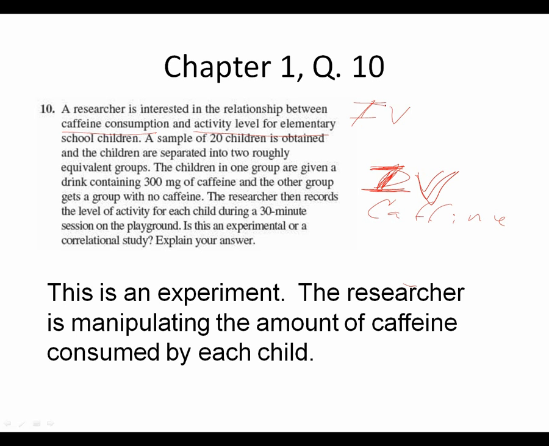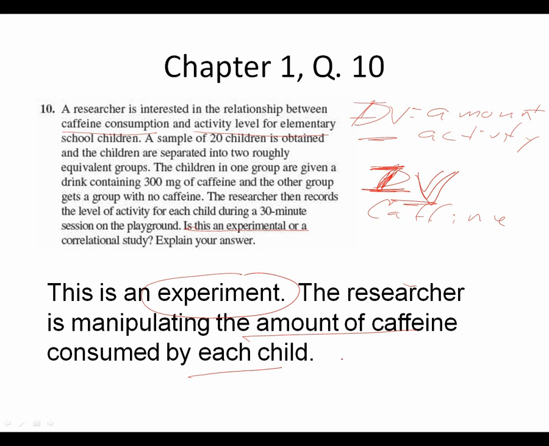The dependent variable is the amount, A-M-O-U-N-T, of activity that the kids experience after drinking this caffeinated drink. So what they're asking is, is this an experiment or a correlational study? It's an experiment. Why is it an experiment? Because I have a DV and I have an IV. The IV is caffeine. The dependent variable is the amount of activity, and I'm manipulating the amount of caffeine consumed